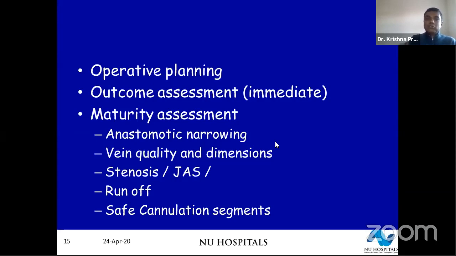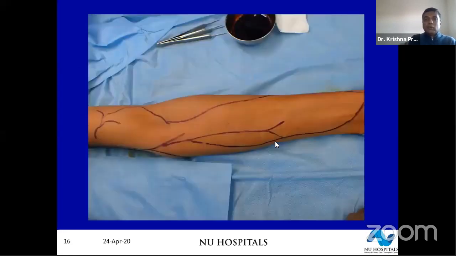I'm just going to give you just 2 examples of how operative planning can change. So here's a patient who came to us for a fistula. You can see a beautiful cephalic vein in the forearm. And if you were to place a tourniquet in the mid-arm, you would not notice that all the cephalic vein drains into tiny muscular branches in the upper arm and disappears. There is no further drainage here. The only drainage for this vein is the deep drainage of the forearm.